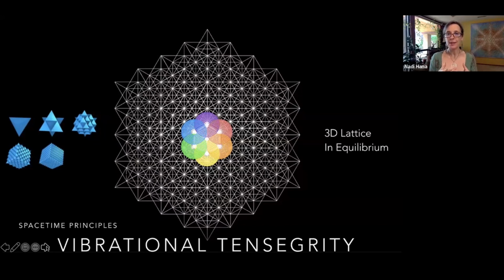So vibrational tensegrity is when the structure holds and is also permeable, right? It maintains quantum information, maintains an Akashic record, but also flexes with infinite potentials, right? The Akash that holds all that ever has been, all that will be, and all that is. It has a structure that can then flex. And that's one of the space-time principles, that there is vibrational tensegrity. Based in vibration, geometry is the manifestation of vibration and frequency.